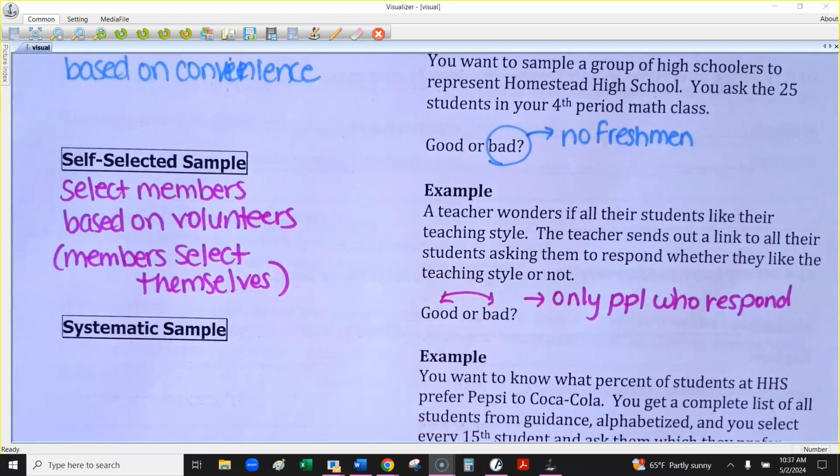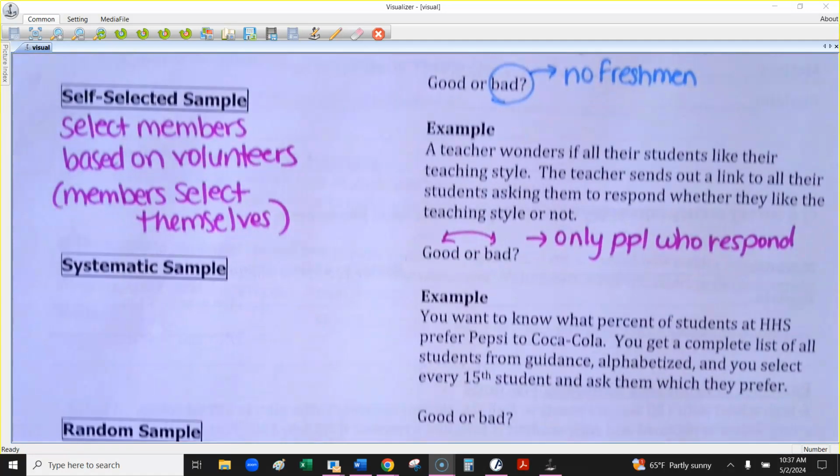So if I just gave you a little survey and said, hey, if you have some time, could you fill this out? Then I'm only getting data from people who decide to respond to that. Now, if they would force everyone to respond, then it might be better data. But basically, this is a situation where you have a choice whether you would respond or not. So you're selecting yourself to participate in the sample, whereas you don't have to participate. So it could be good or bad. It just kind of depends on what kind of response you would get.